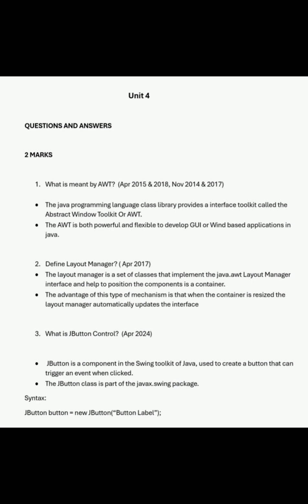What is JButton control? April 2024. JButton is a component in the Swing toolkit of Java, used to create a button that can trigger an event when clicked. The JButton class is part of the javax.swing package. Syntax: JButton button = new JButton("button label");